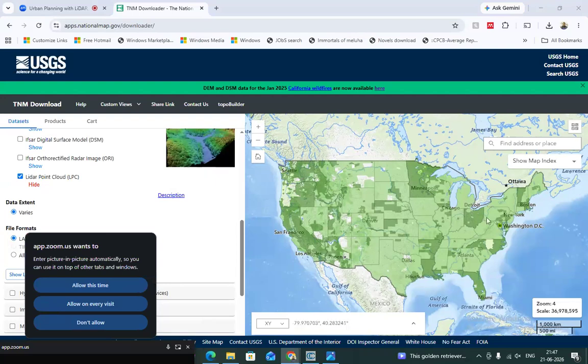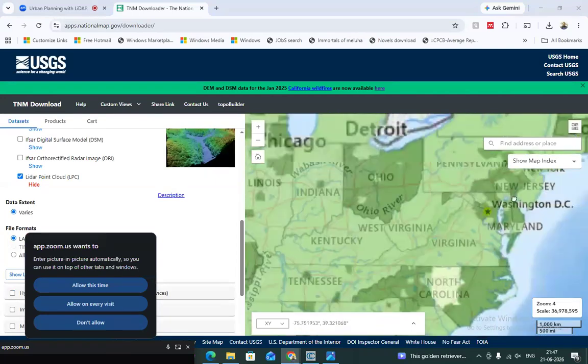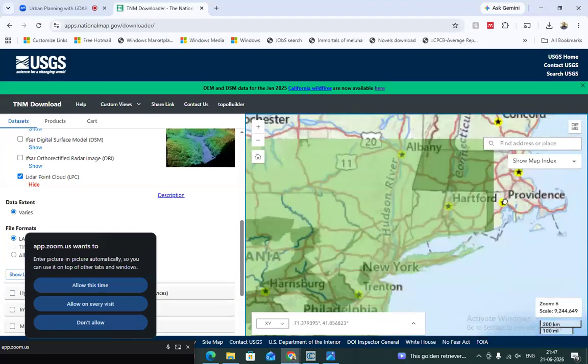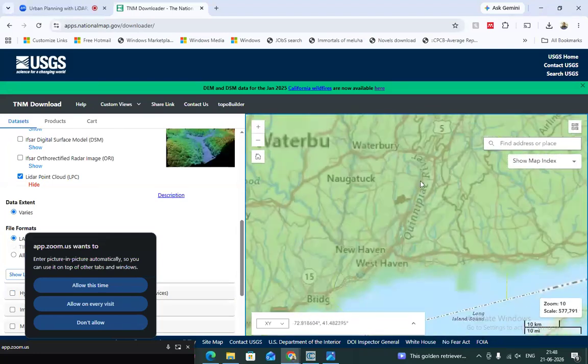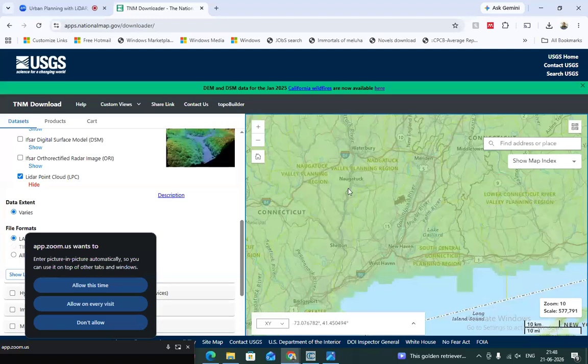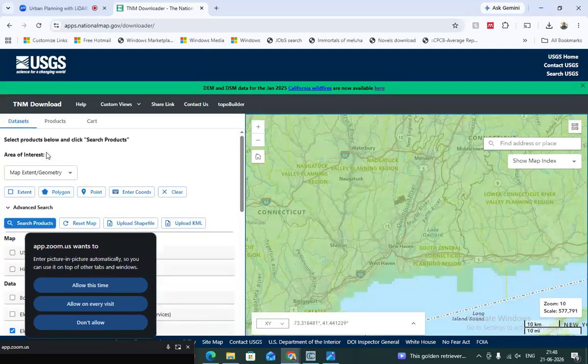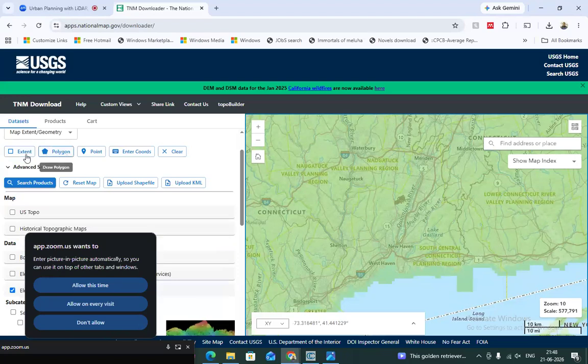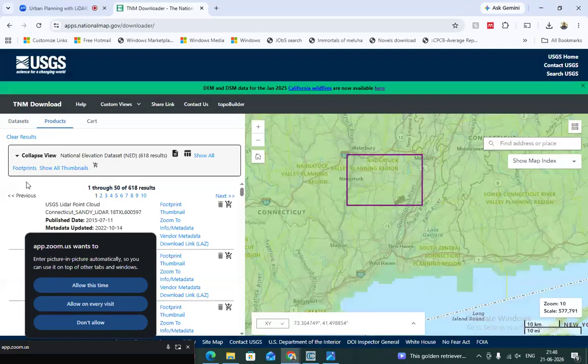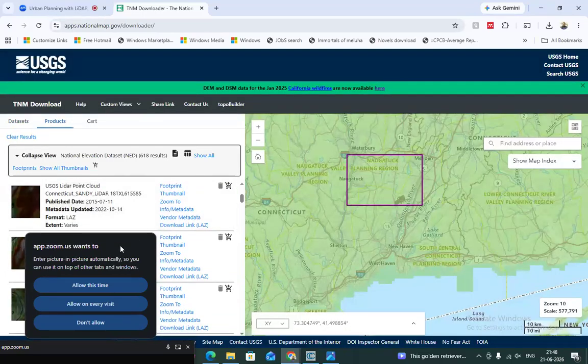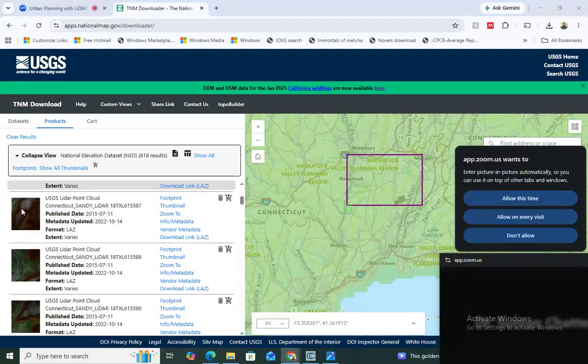So this green part is actually the coverage. If you go to any area, like this part, you have to select your study area first. So you go to extent or polygon. I select extent. So just select an extent. Okay. And then you hit search product. Right. So you can see many products here.